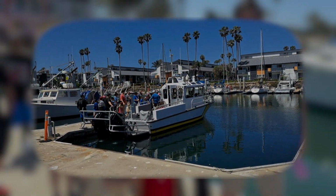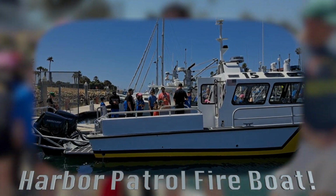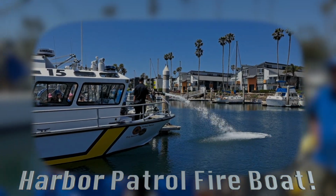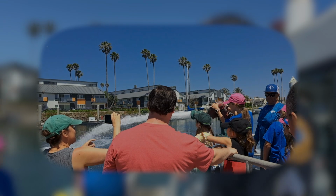This is one of our boats here. This is our biggest boat. This is our fire boat. So we use this if we have to go further offshore to help people, or if there's ever a fire